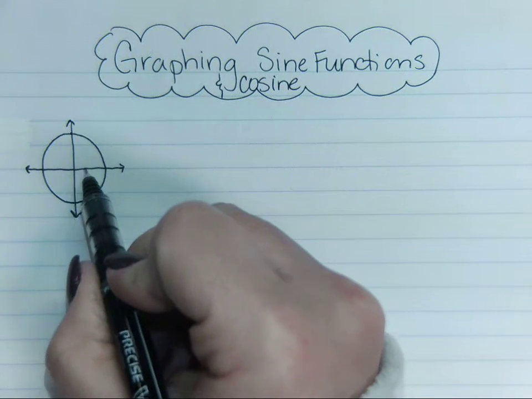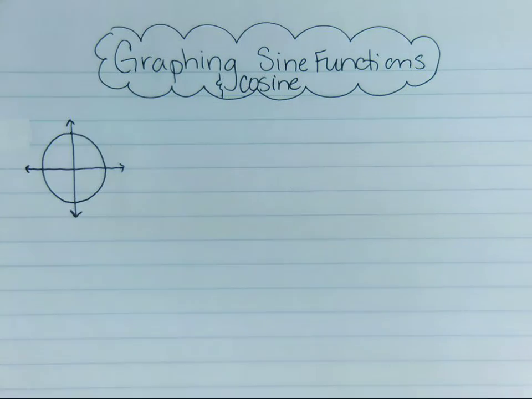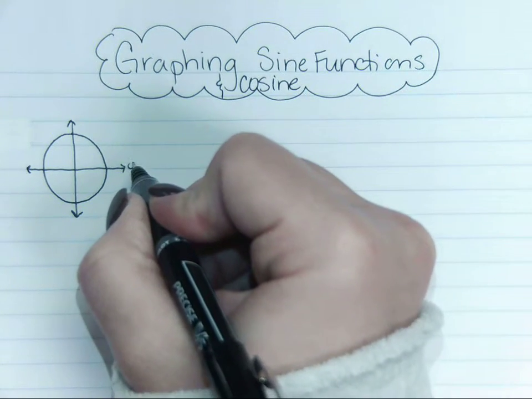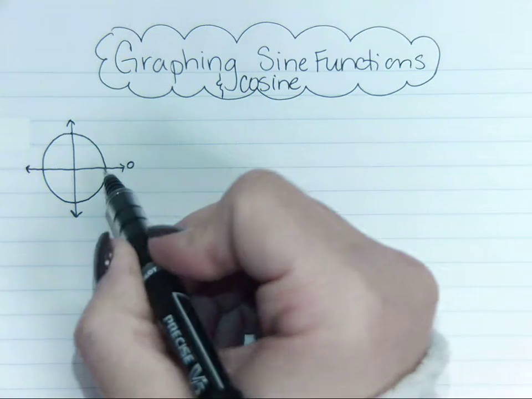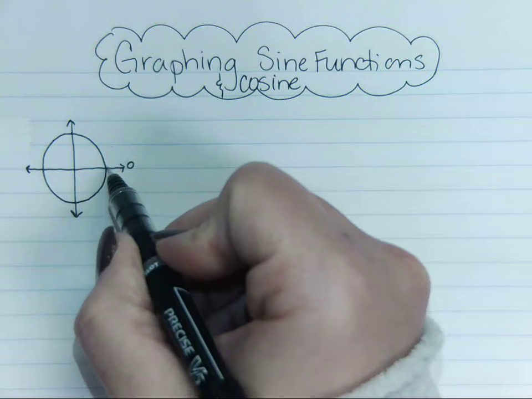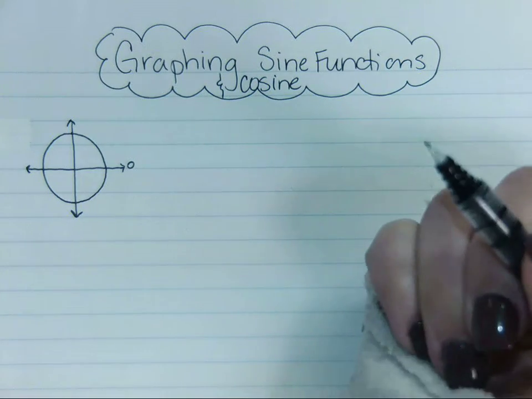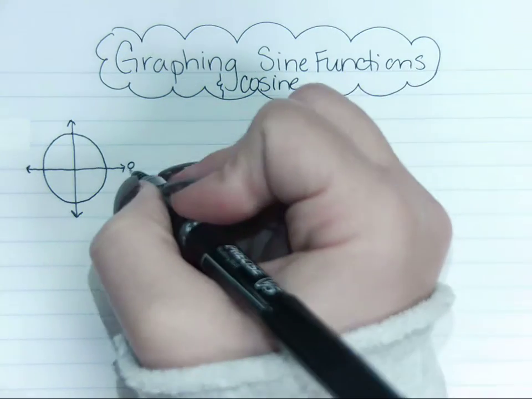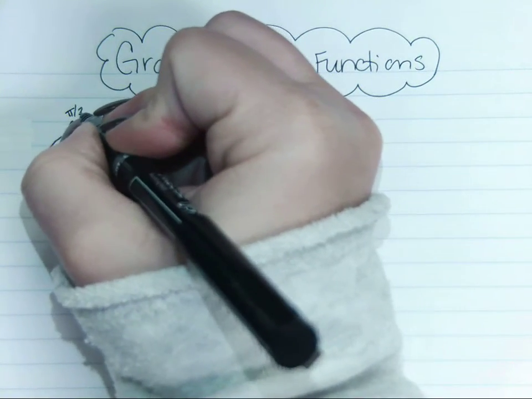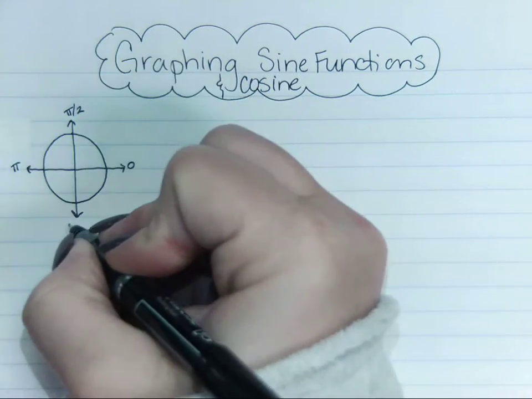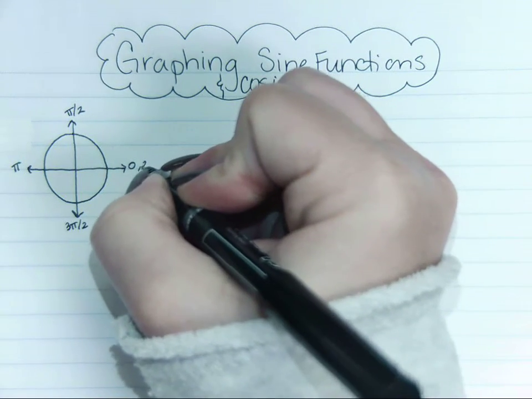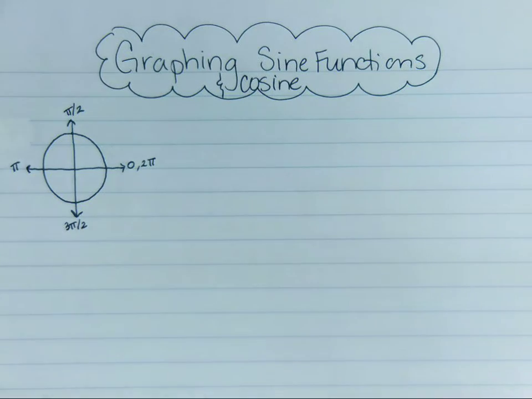Now, there's an infinite number of radian values or degree values inside a unit circle. We're always starting from 0 radians or 0 degrees, and you can do half a degree, a quarter of a degree. There's so many small increments in here. But we want to be able to graph without our calculator. So what we're going to focus on is using the radians that fall just on the axes. And the reason why we're going to focus on those is because those are easy 0, 1, or